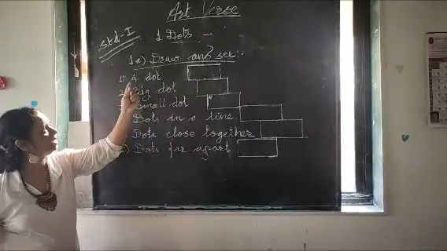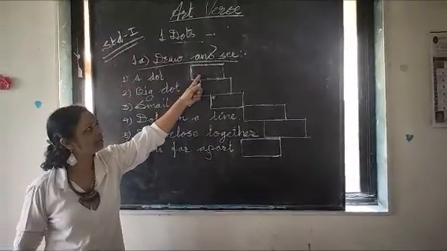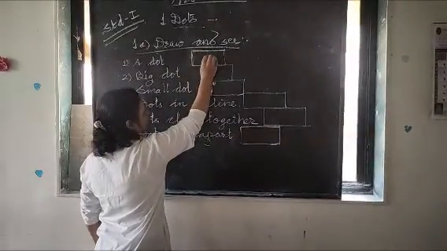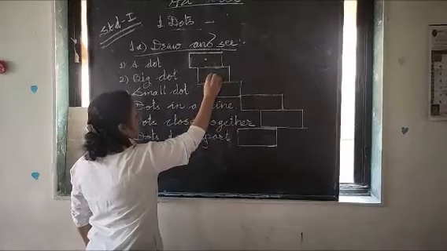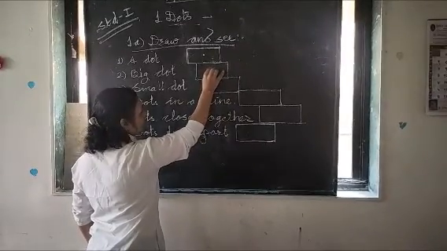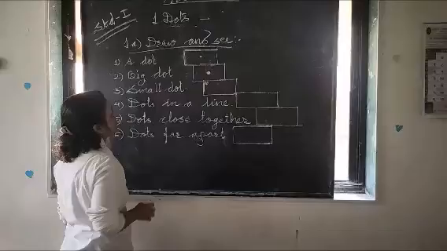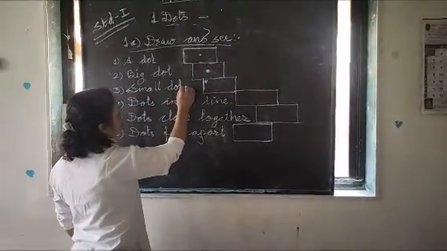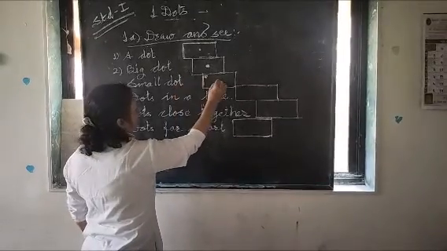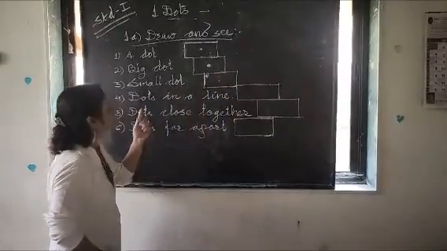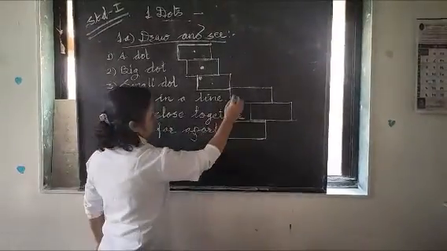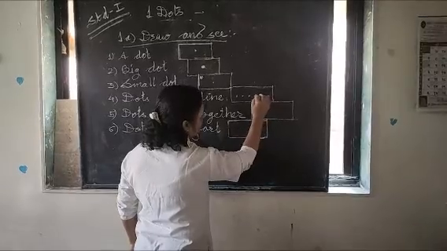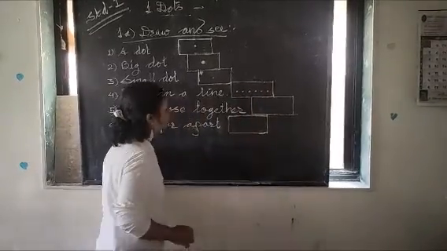I explain you in Hindi. A dot means, single dot means छोटा सा बिंदु, बड़ा, big dot means बड़ा, then small dots or one single dot, small it is. Dots in a line, एक लाइन में डॉट्स जब बनाते हैं तो वो लाइन में दिखते हैं.